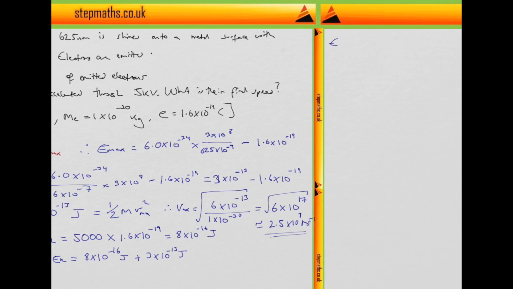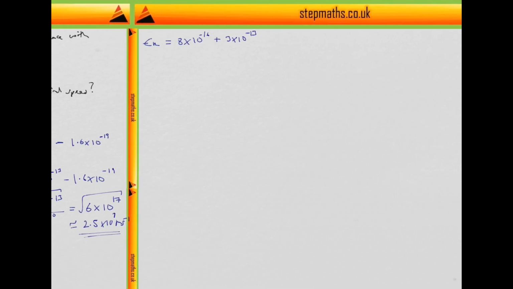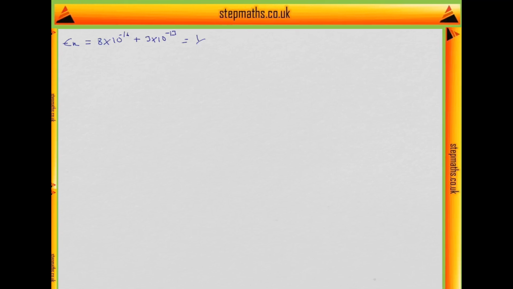So the new kinetic energy is equal to 8 times 10 to the minus 16 plus 3 times 10 to the minus 13, and that's equal to 1/2 times mv squared. We know m is 1 times 10 to the minus 30, times v squared. Therefore v squared is equal to 8 times 2, which is 16, so that's 1.6 times 10 to the minus 15